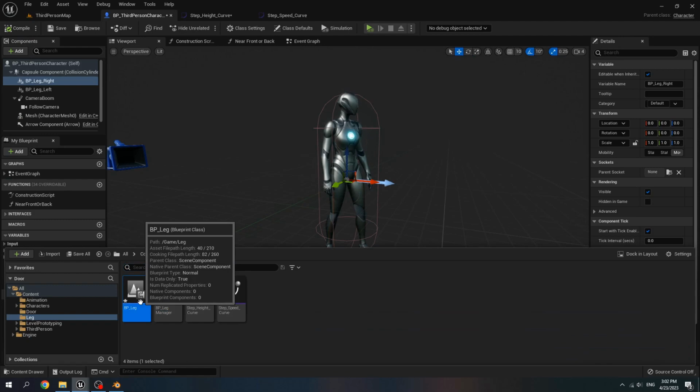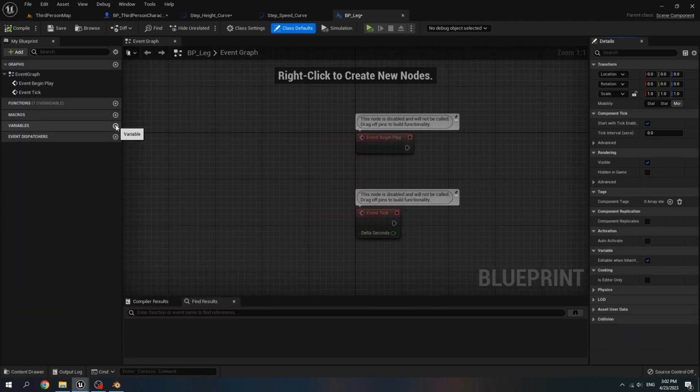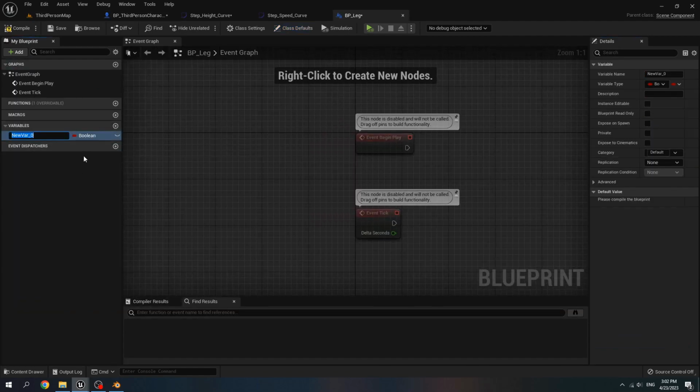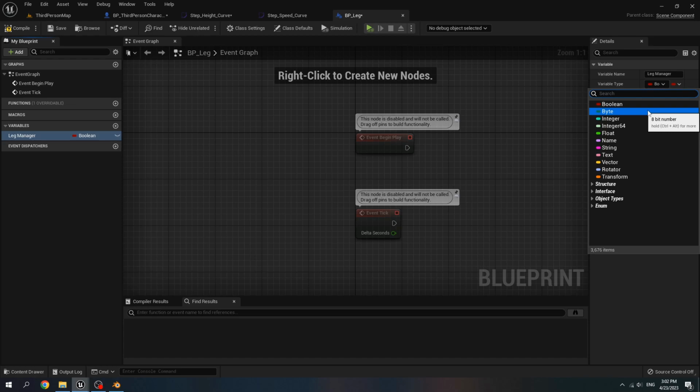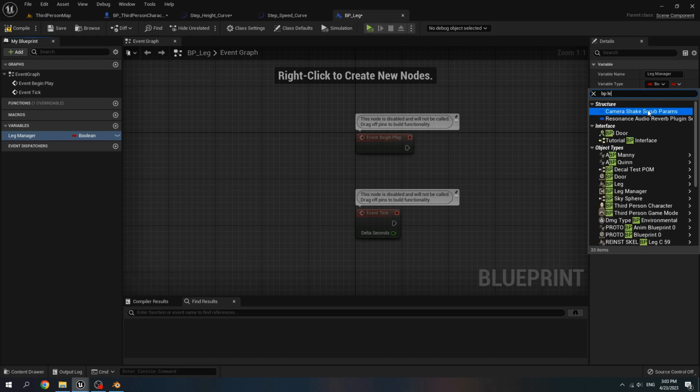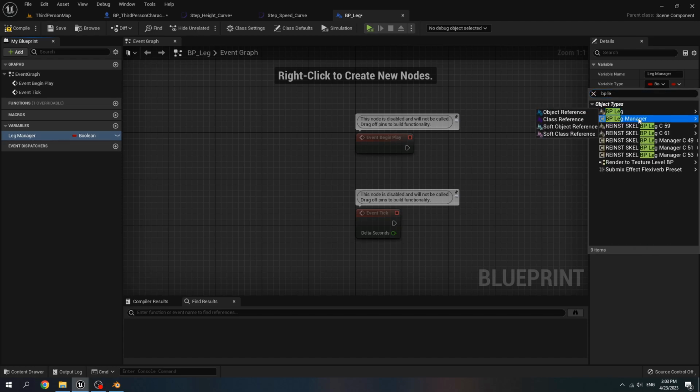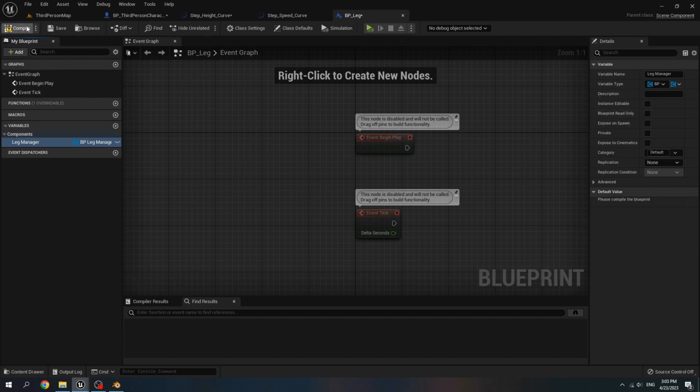Go to BP leg, add variable, name it leg manager. Variable type is BP leg manager, object reference.